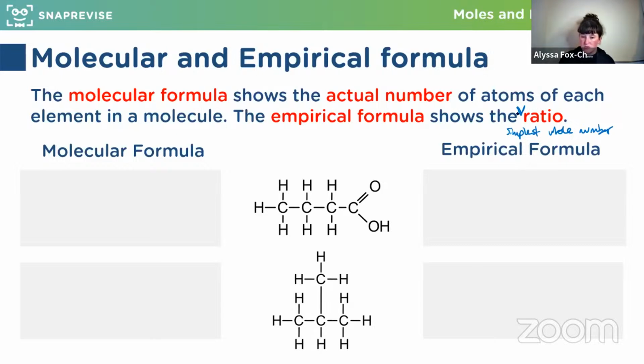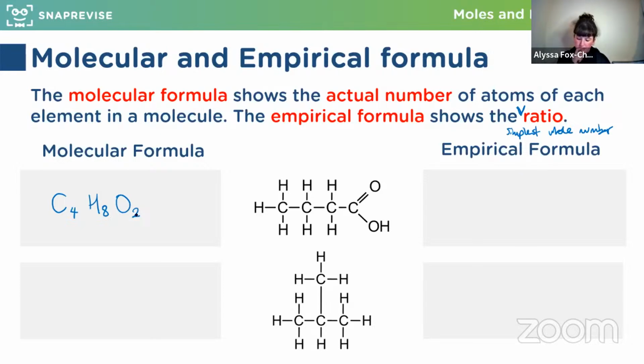Let's have a look at some examples. Feel free to jump ahead, see if you can work out the molecular formula and then the empirical formula for these two molecules. I'm going to have a go at it now as well. So molecular formula. How many carbons have we got? 1, 2, 3, 4 carbons. So C4 in a molecule. 1, 2, 3, 4, 5, 6, 7, 8 hydrogens. So H8, and then 1, 2 oxygens, O2. Is there anything else in there? Nope, that's it. So the molecular formula, the formula of one molecule of this substance is